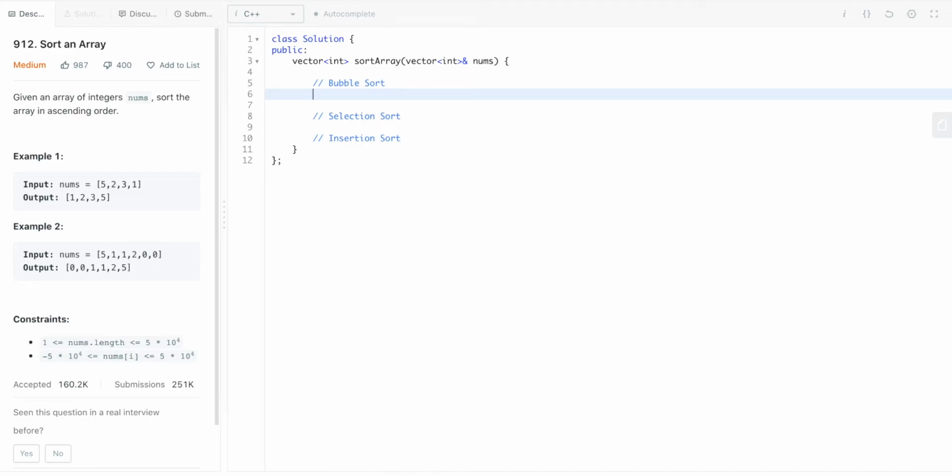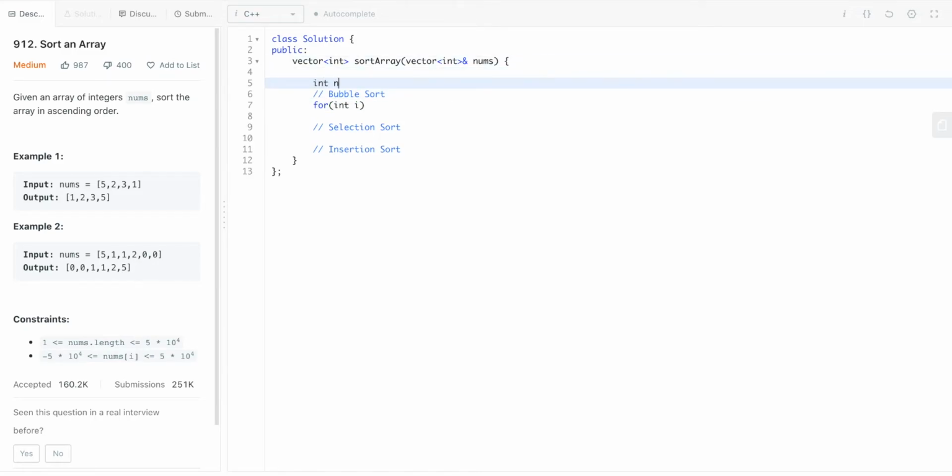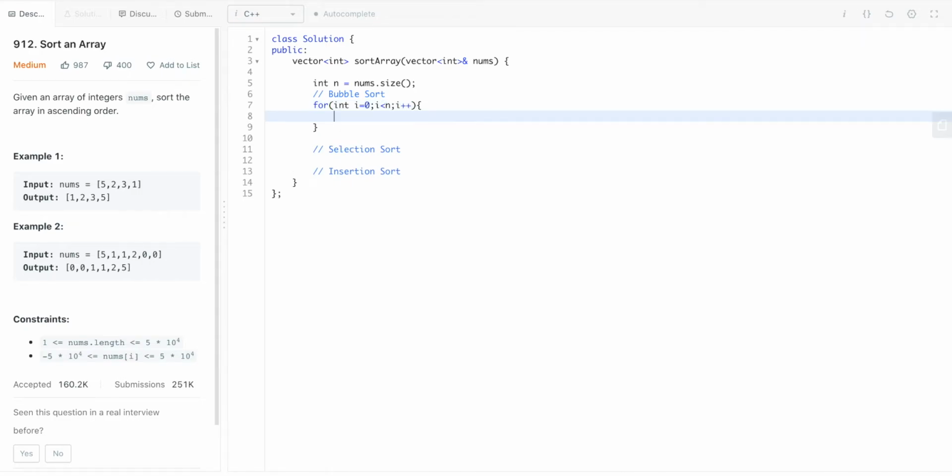So in bubble sort, we'll just plainly start with a loop. Before starting the loop, let me define some variables. Let's suppose the size of this array is n. Now I will start a loop and go all the way till n. This is going to be my outer loop, which in every iteration will fix the ith position. Now in the inner loop, we can do it in two ways.